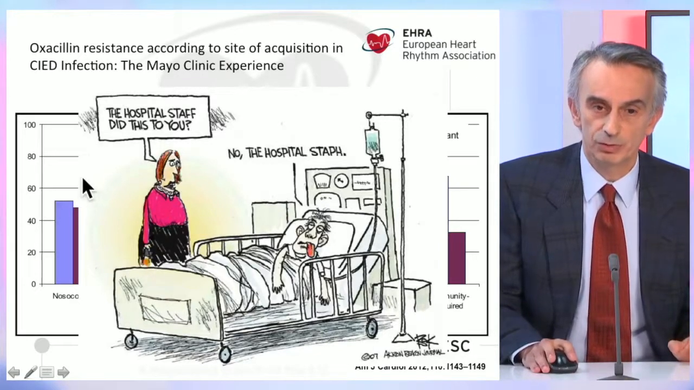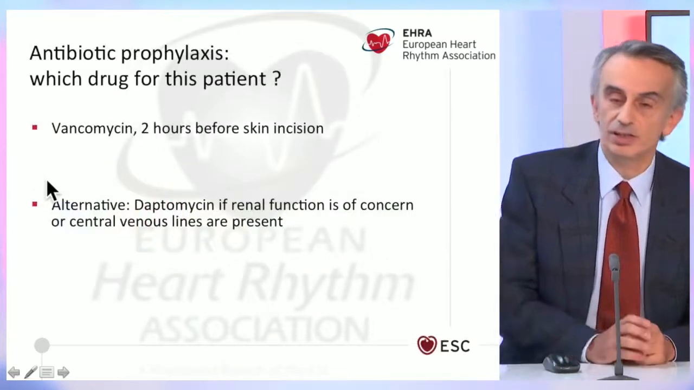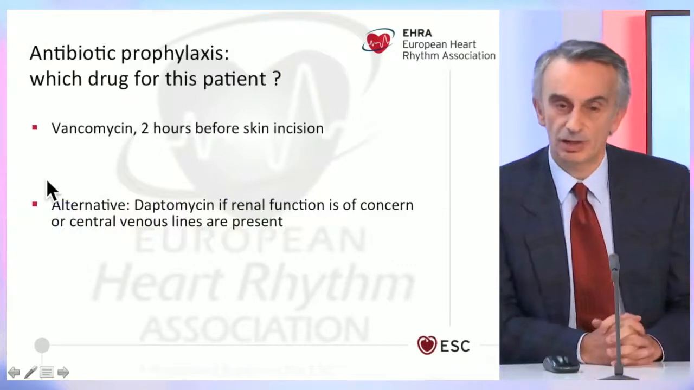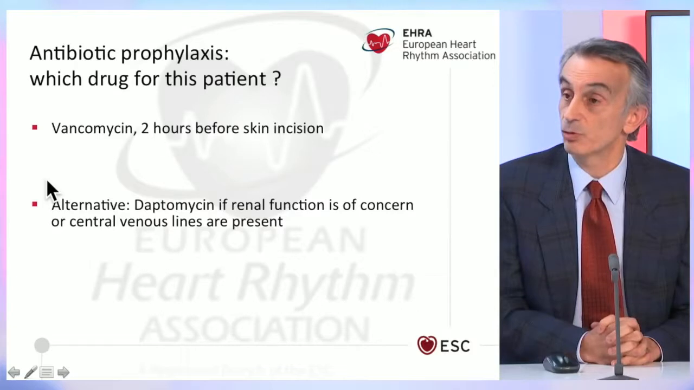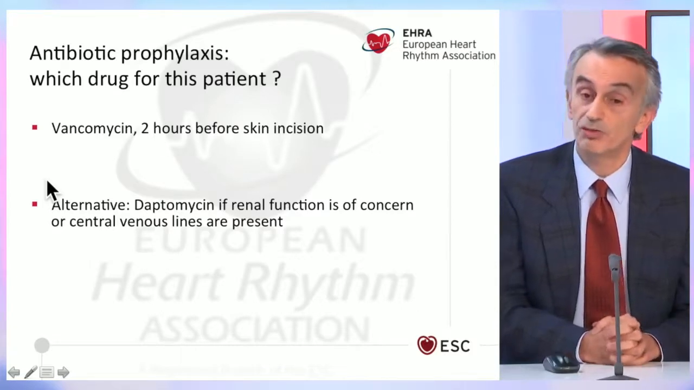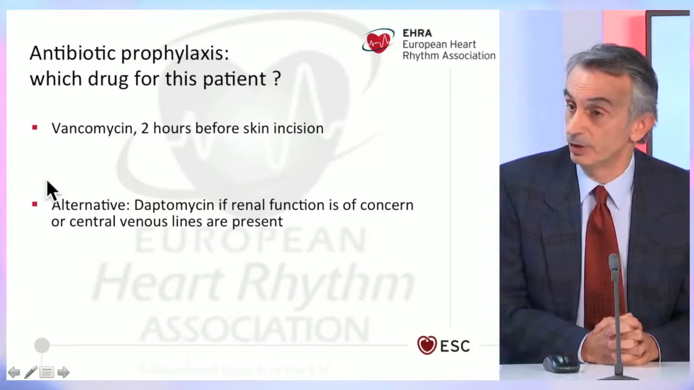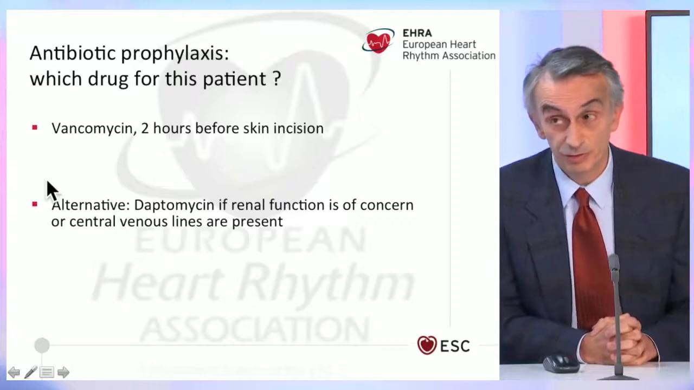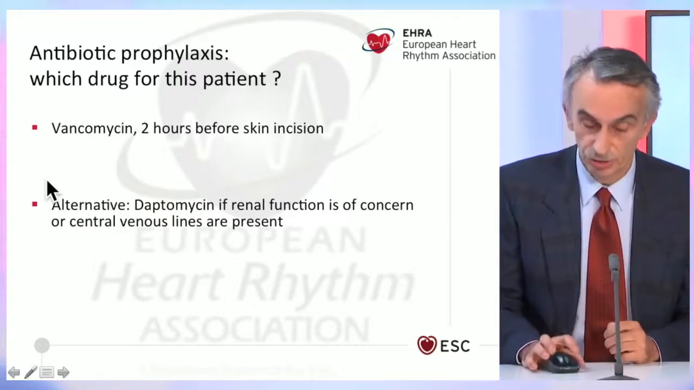So while we wait to move on with this slide, I totally agree that although we have no data, I would use vancomycin for this patient. Alternatively, if the renal function were greatly depressed, or if the patient had a central venous line that had been staying there for more than 24 hours, or more than 2 days, I would say daptomycin would be my first choice agent, based